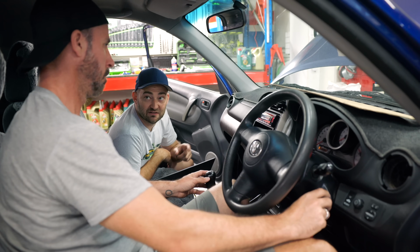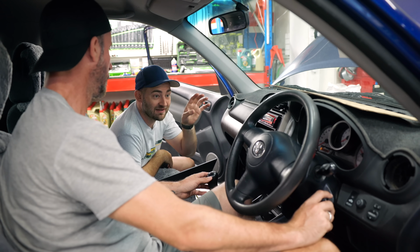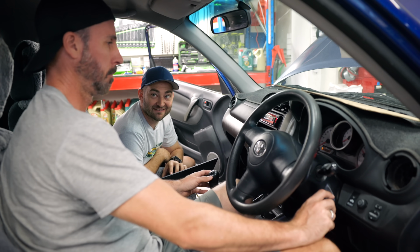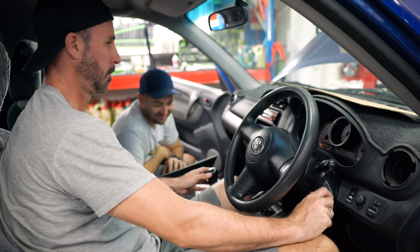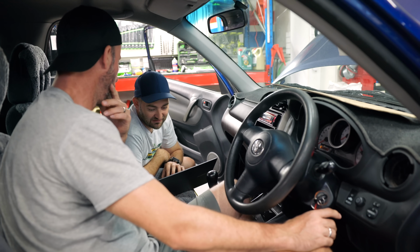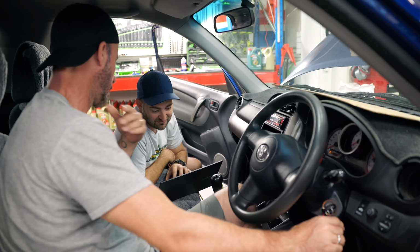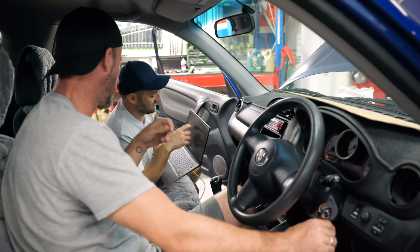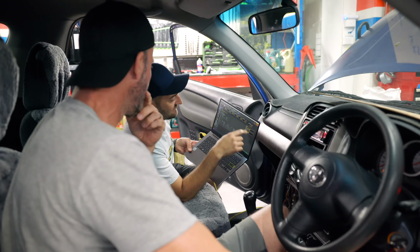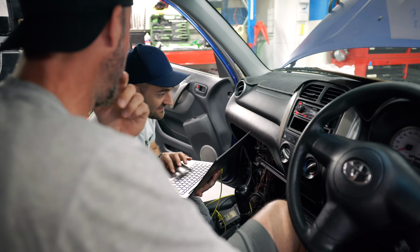Cranks? It sounds like it's got compression. Sounds good. Which shouldn't have gone away since last time, but also when you mess with an engine that much, things fall into things. We've got air temp, press the throttle to the floor. Yeah, throttle's working now. Before we would just stick on 100% when that sensor was wrong. Oh yeah, okay, so we can see the throttle position here. We've got air temp, 19 degrees. We've got our throttle at 100%. So now, if we restart it,